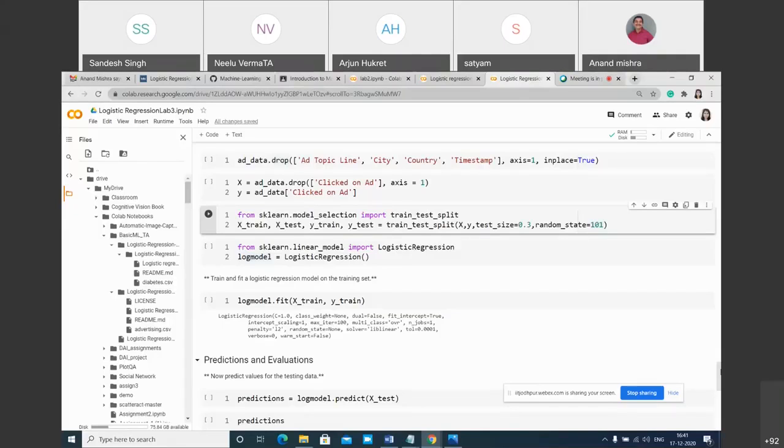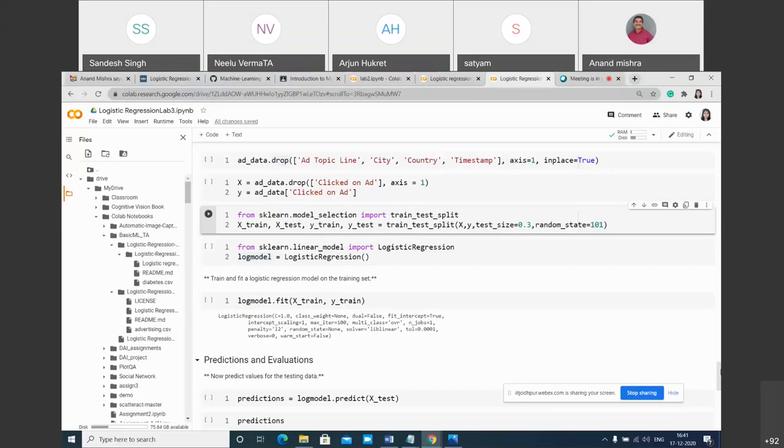So if you don't keep that random state, you will have a different split every time, and your accuracy and all may slightly change, right? It's not going to change much, but it might slightly change. But if you want to get the exact same result, you need to give that. Okay. Any other doubt?